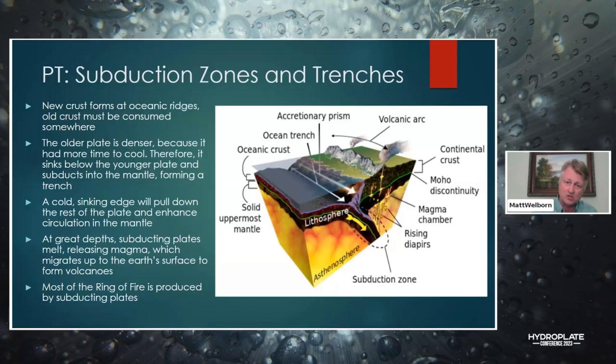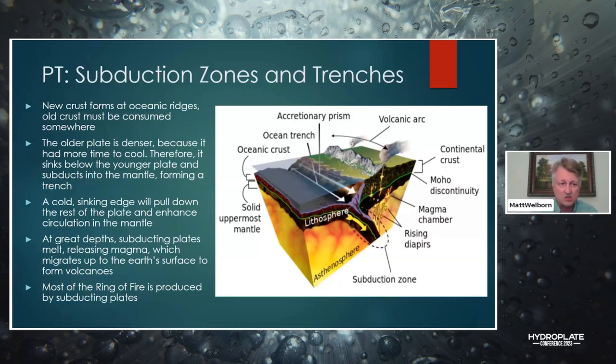So as these plates are either pushed or pulled along by drifting, or they're pulled down due to the density, these cold plates are somehow subducting down. One of them has sunk down and is diving down into the earth, this 60-mile thick slab of rock diving down into the earth underneath the second plate. And in their explanation, that's what causes the formation of these deep ocean trenches.